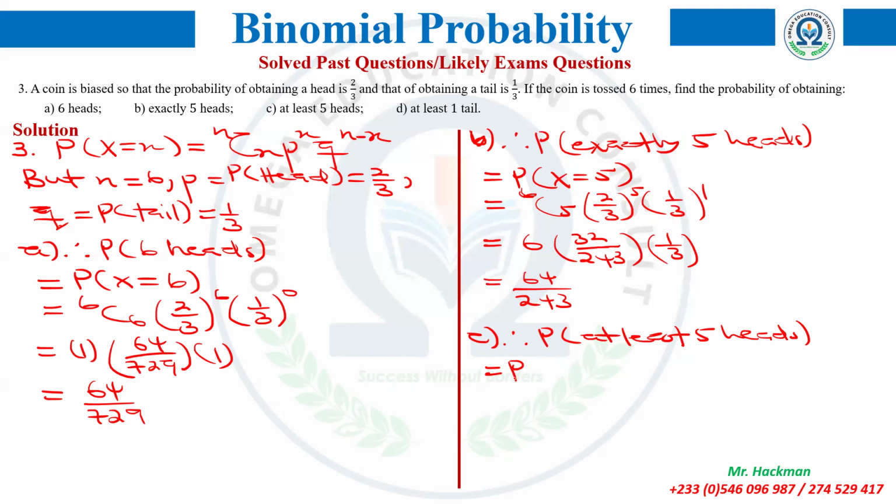Probability of X is greater or equal to 5. Very good. Equal to 1. So will you go the normal direction? No, please. So that's why he started by saying 1 minus